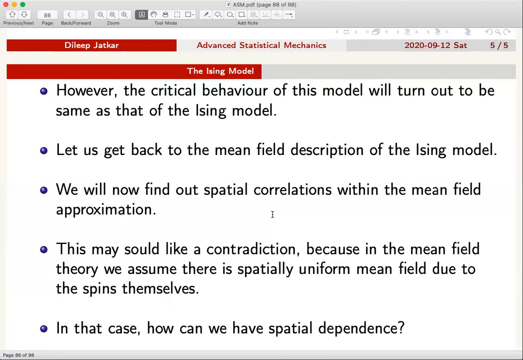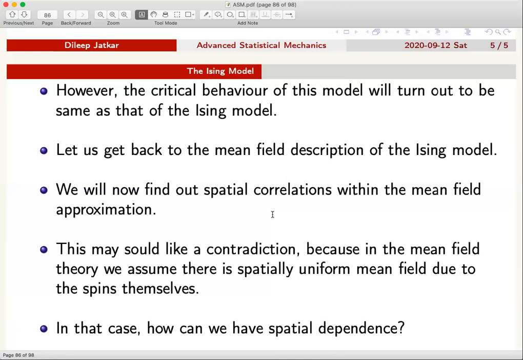Now J could be a nearest neighbor. J could be 10 lattice sites away. J could be 10,000 lattice sites away. We would like to know how far this disturbance goes. To determine this, you clearly need to ask what is the spatial dependence of the correlations between what happens to the spin S at site I and how it affects the spin S at site J.